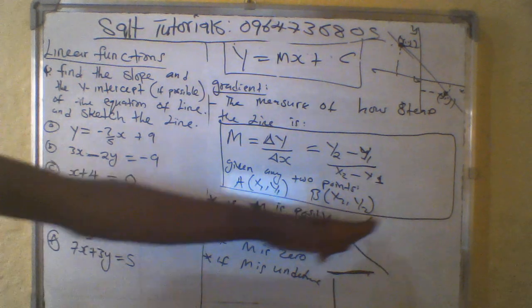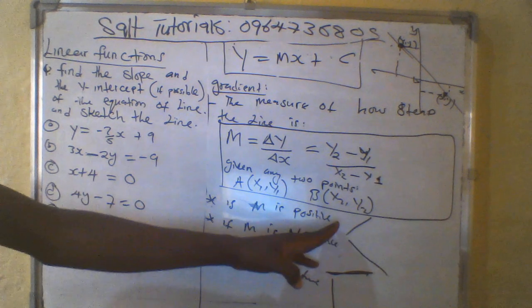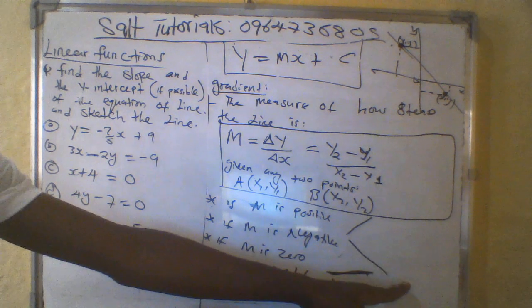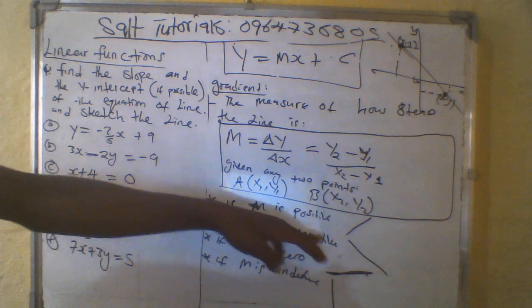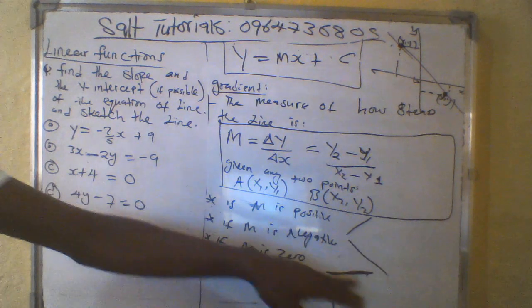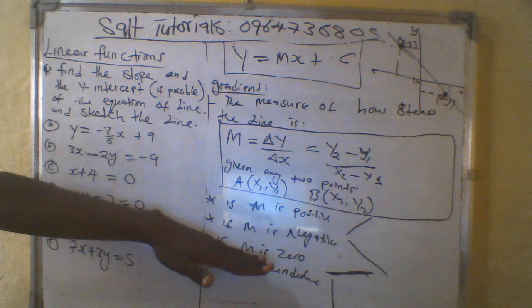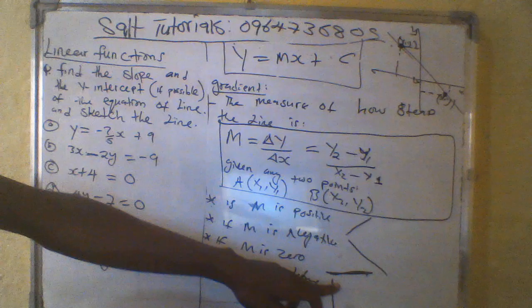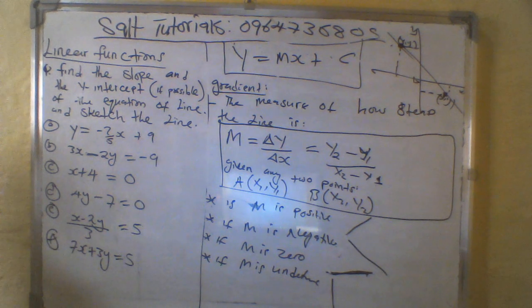Your line can slope in this direction, from the top right sloping downwards to the left, or from the top left sloping downwards to the right. If it is sloping in this direction, I'm expecting a positive gradient. And if it is sloping in this direction, I'm expecting a negative gradient. Or if the line is horizontal, I'm expecting the gradient to be 0. And if the line is vertical, I'm expecting the gradient to be undefined. So those are the 4 cases of your gradient which you are going to experience as you will be sketching all these kinds of